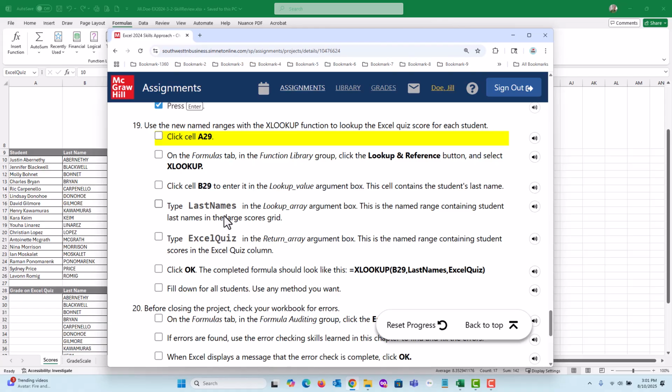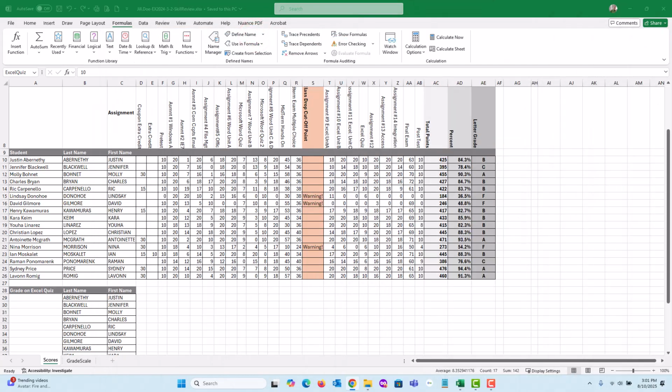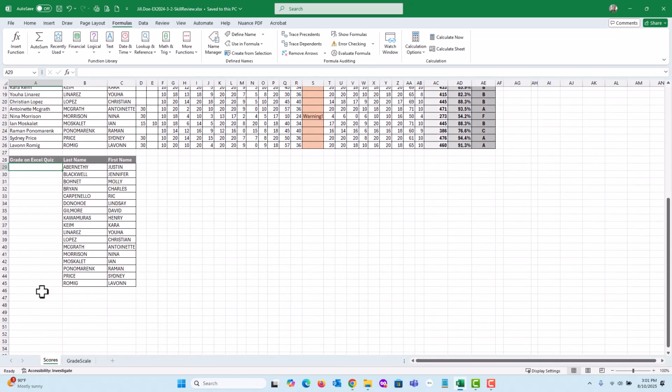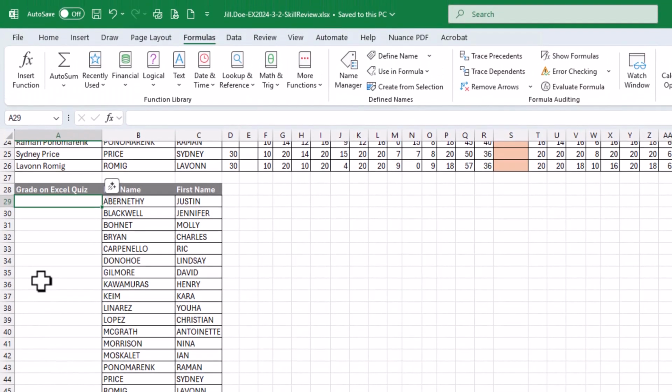And then what do we want it to return? Let me move these instructions out of the way. We want it to return something way over here in column W. So you see the flexibility that XLOOKUP offers. So let's do that. We are going to cell A29. That's down here. Let me scroll this up so that you can see. Come up a little bit more. In cell A29, I have the students' last names already here, and I'm going to click to enter that